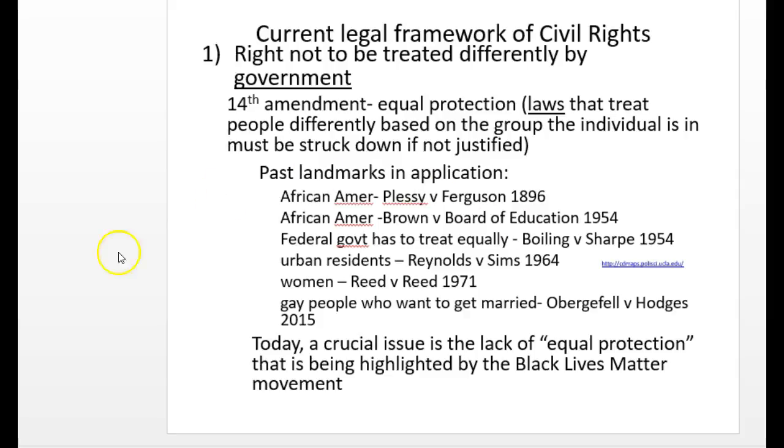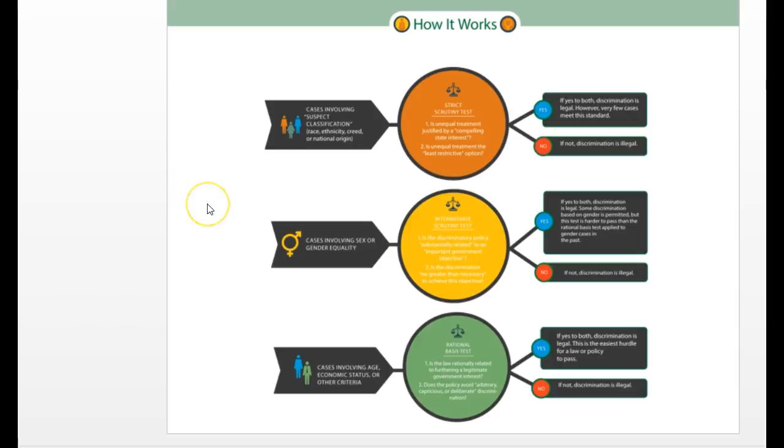Now, the 14th Amendment, when it gets applied, I'm going to switch you to a chart that's in your textbook. The 14th Amendment is understood now to speak to discrimination in many different spheres. But the court has recognized that different kinds of discrimination, what you might call classification even, are justified. And so for those cases, the bar is not quite as high for justifying those kinds of classification.